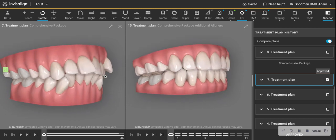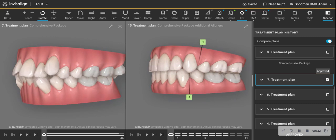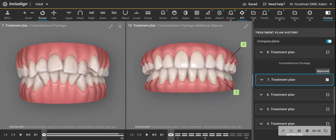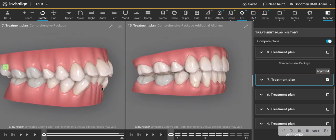So non-extraction would only worsen that, and the patient wanted to have a flattened profile. So they didn't want braces. I said, we'll go as far as we could with Invisalign. And the reason why I thought this case would be okay to use Invisalign for a four bicuspid extraction case